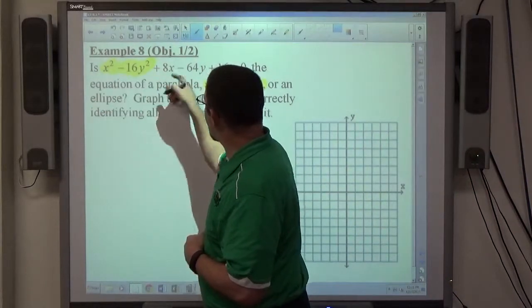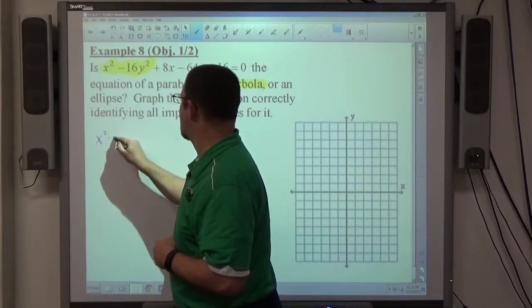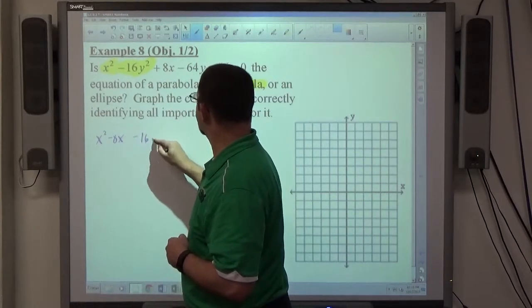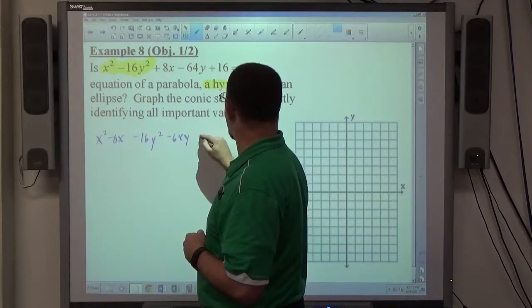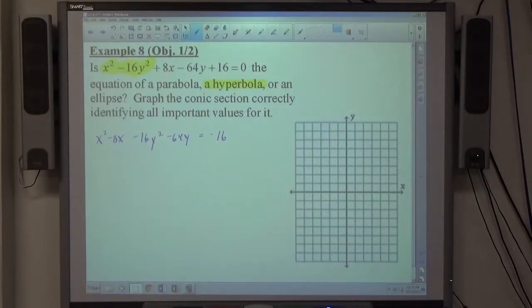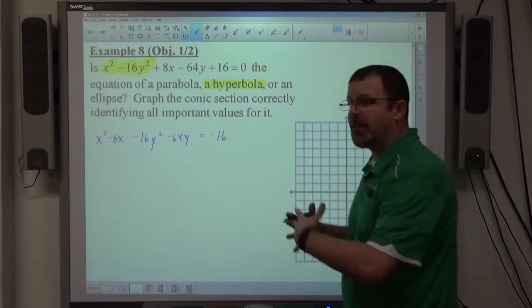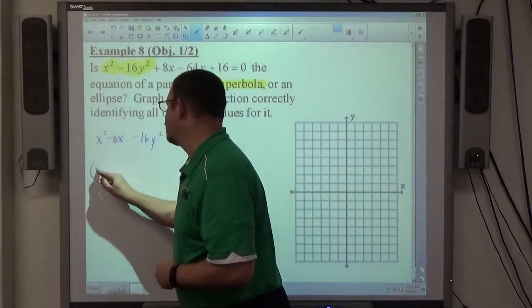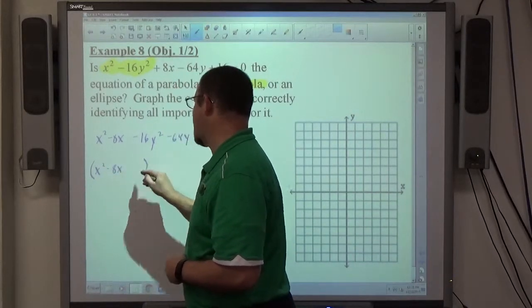First thing I'm going to do is group my x's, group my y's, and move the constant to the other side. So do that first each time. Now notice the x squared's already ready to go. X squared is 1x squared, we're good to go there. Nothing needs to be factored out of that one. So I'm just going to put parentheses, x squared minus 8x, leave myself a gap to allow myself to